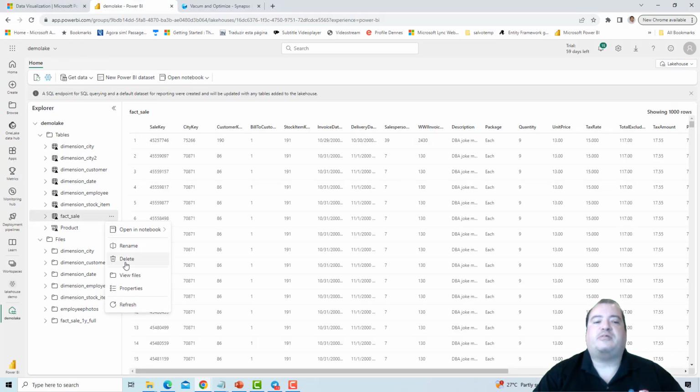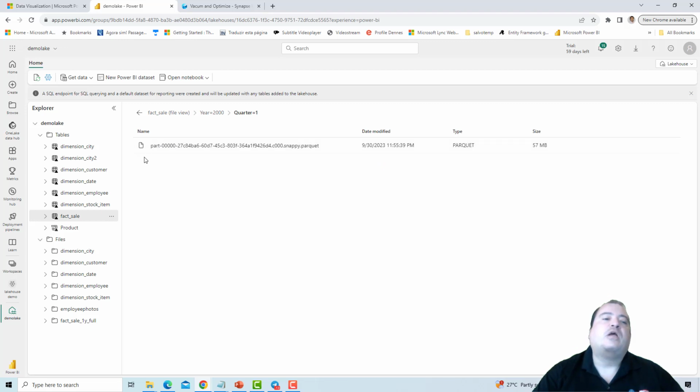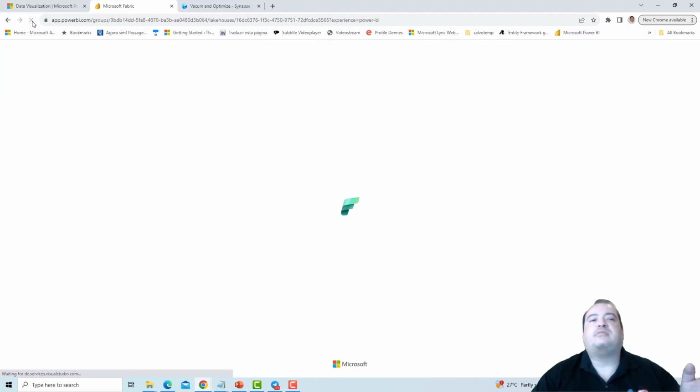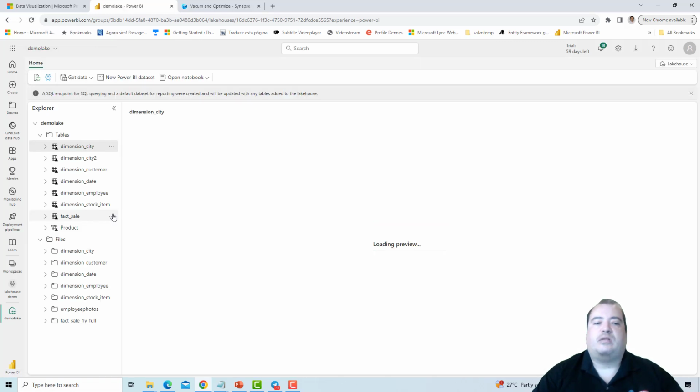So let's check the files again. View files, in fact sales, here. Let's check every quarter. There is one secret when checking the Parquet files: you always need to refresh. Otherwise you are seeing an old, cached version of the files. So let's see again, view files,